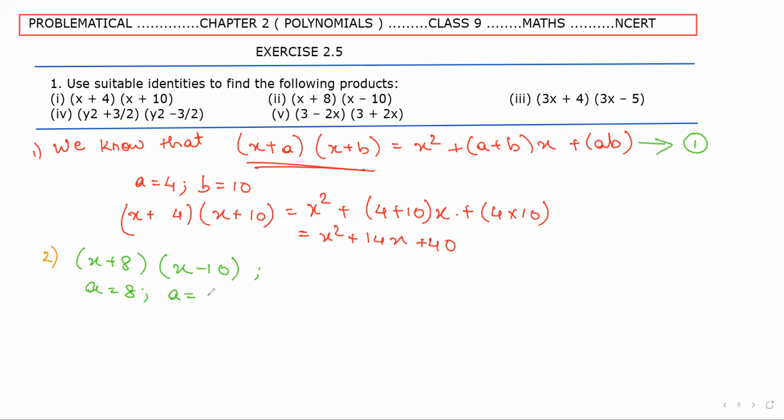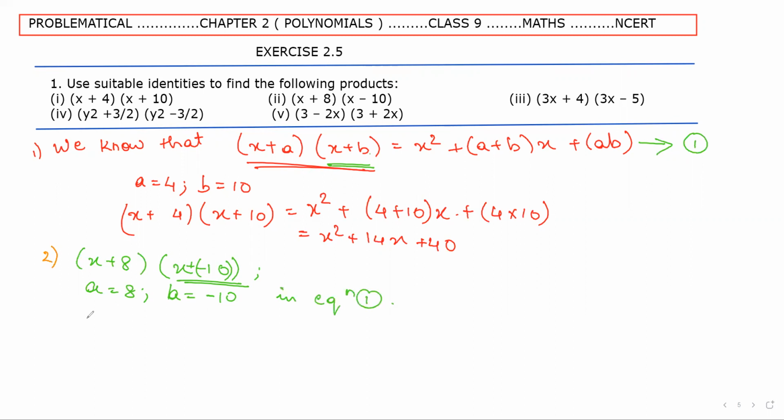Now, b is equals to minus 10, not 10. Because if you equate this x minus 10 with your x plus b, this is x plus b. So, x minus 10 can be written as x plus of minus 10. Therefore, b value becomes equals to minus 10. At this, placing these values over here in your equation 1,